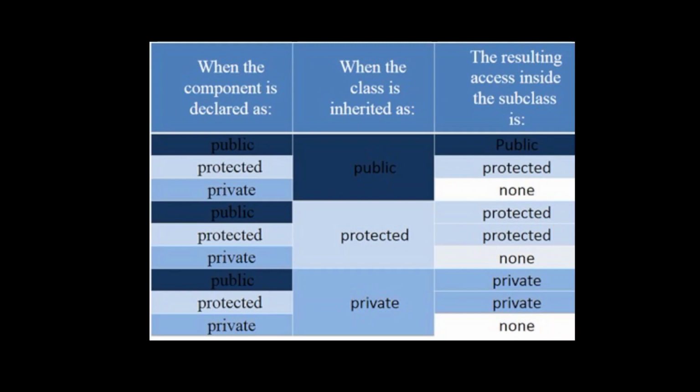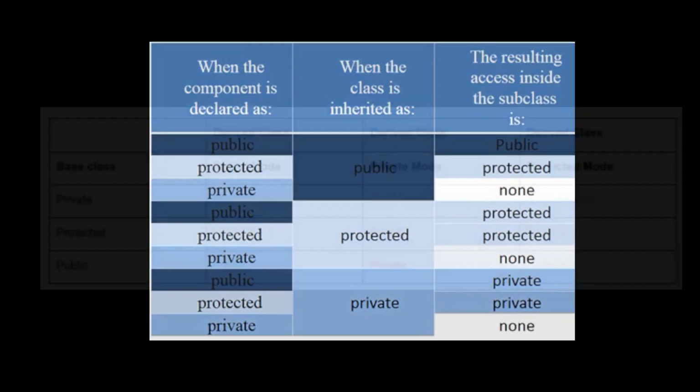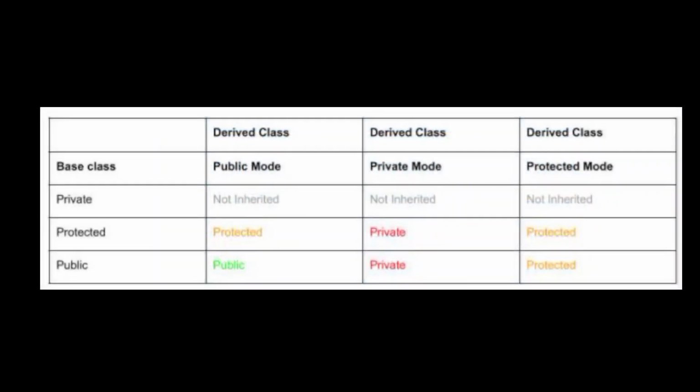Now if my mode of inheritance was protected, public would then become protected, protected would remain protected, and private is again not inherited. Now, if my mode of inheritance was private, public and protected both become private, and private again is not inherited. You can see the same in this photograph as well,